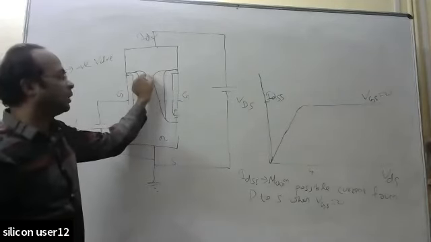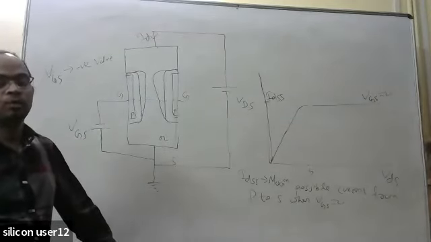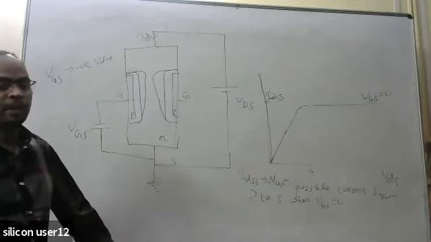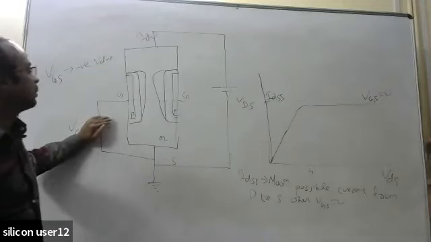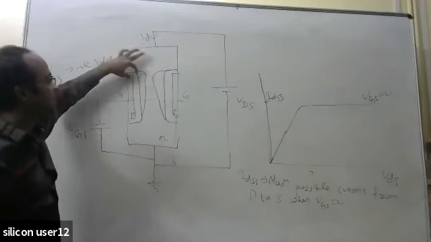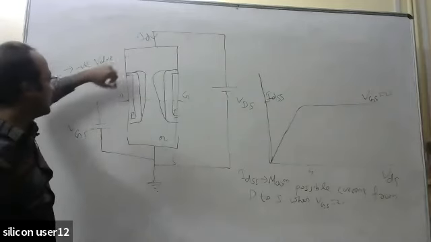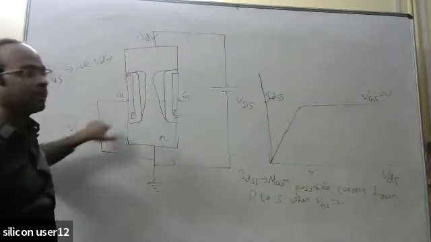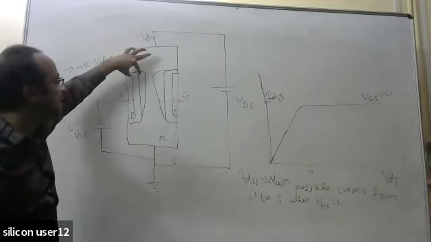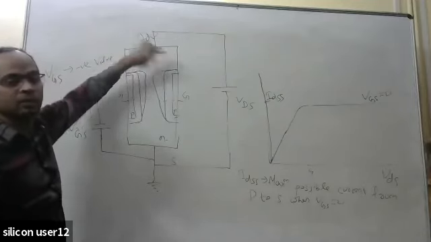Now tell me, will they touch each other at 4 volt, or at some voltage less than 4, or will it be more than 4? Less than 4, because earlier when VGS was 0, at VDS of 4 volt, when this PN junction was getting reverse biased with 4 volt, only then it was touching each other. Now one effect is already due to this VGS value. Due to this VGS value, it has increased from the beginning itself. So after that it has less space left to touch.